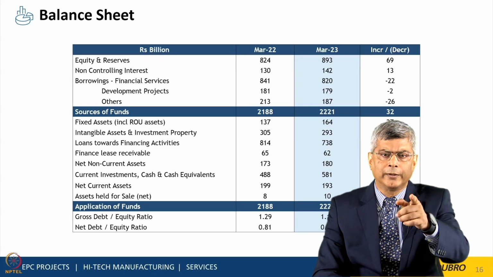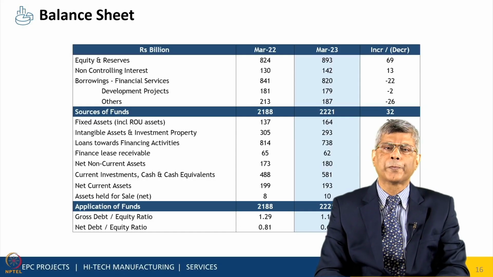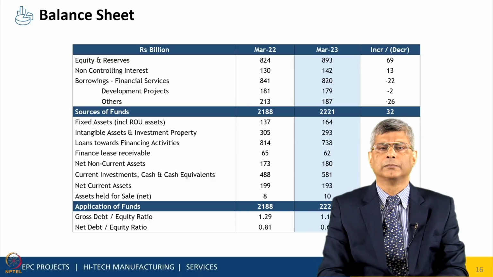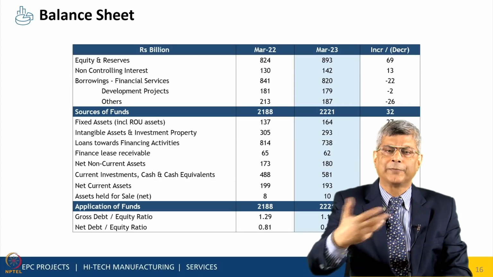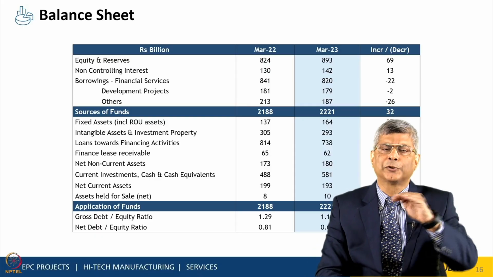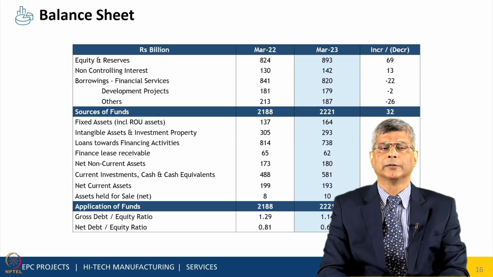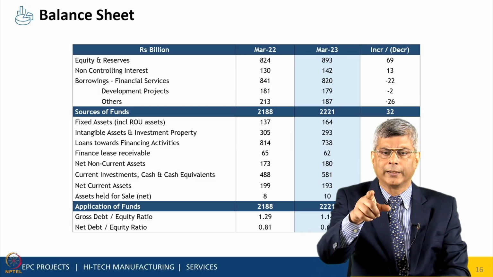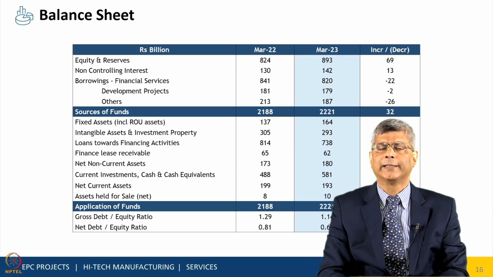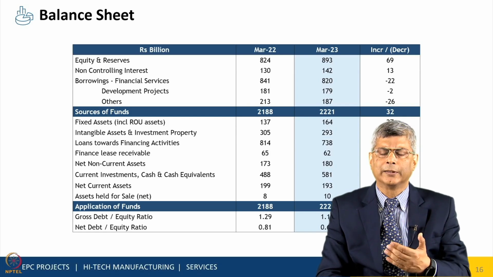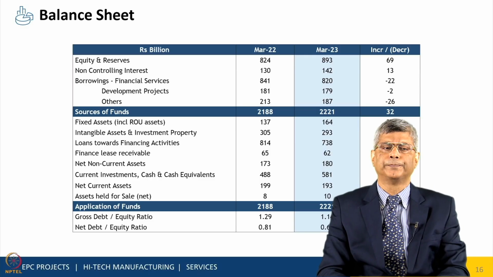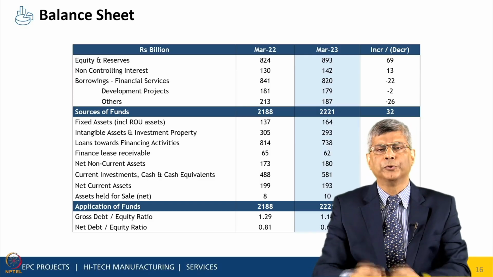and tea. Here, for this company, L&T, the sources of funds are from equity, which means from their owners, and reserves, which means money that they have collected themselves in their business. And there are other sources of funds without getting into details. So the sources of funds, if you look at it, is 2188 billion rupees. That's about 2,188,000 crores of rupees. Where is all this money now being used?